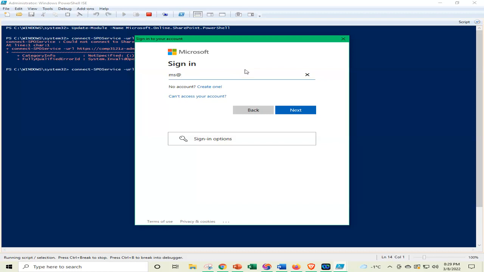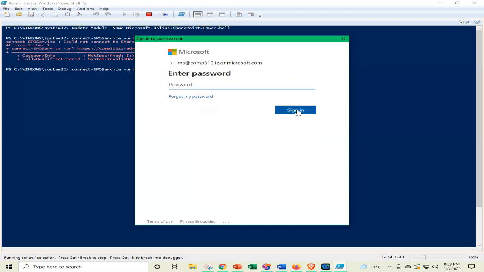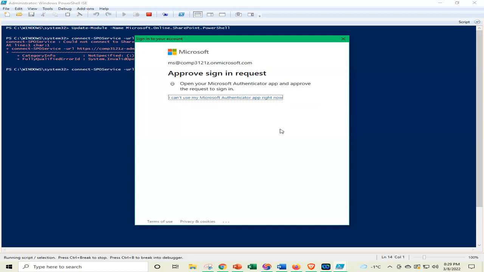So I enter the email at COMP3121.onmicrosoft.com and next. It will ask for the password. Maybe it will ask for the approved sign-in also from my phone. If you have enabled it, you will also get